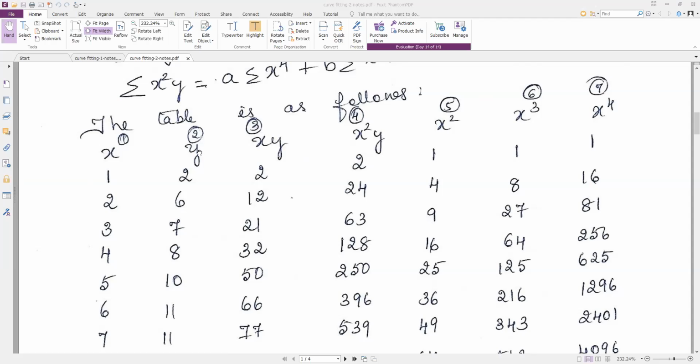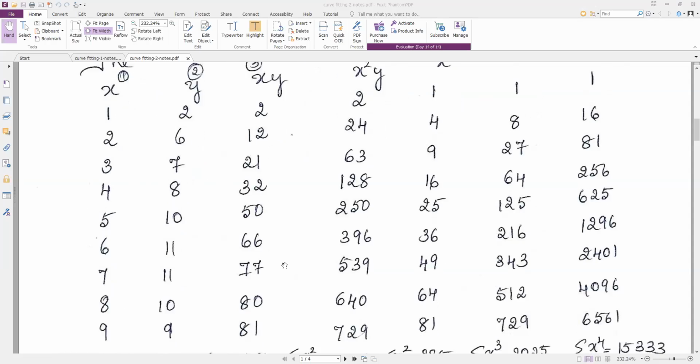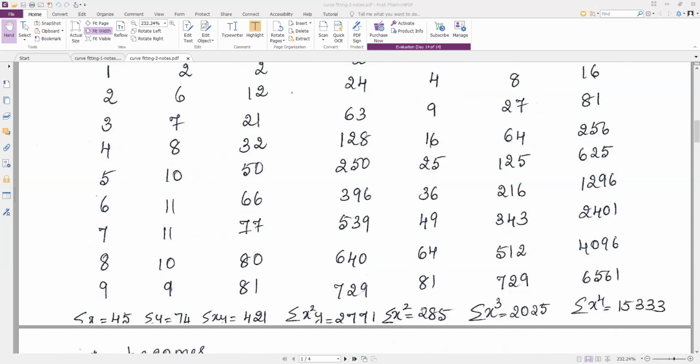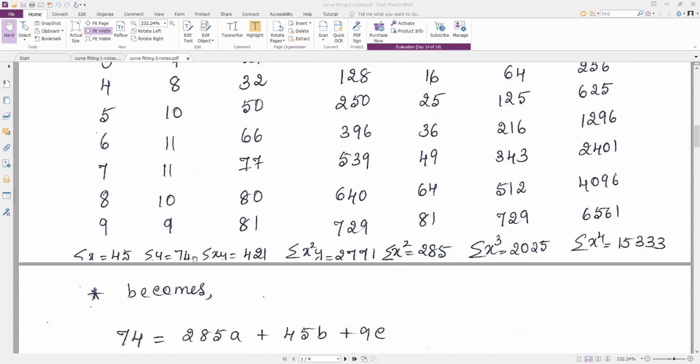In that, press statistic mode. In that you will get statistic. In the statistic, I think number is 5. Press that number 5. In that number 5, it will give data. So press that number, then fill the data 1, 2, 2, 6, all the data you press, then press shift, then press the start button. That button you need to press. That time automatically all the values you will get. That I'll tell you in the next recording.